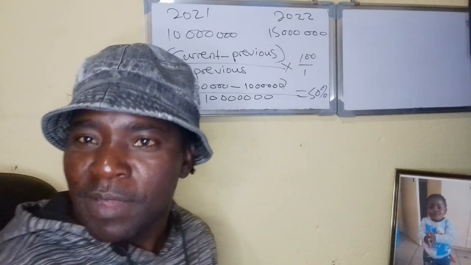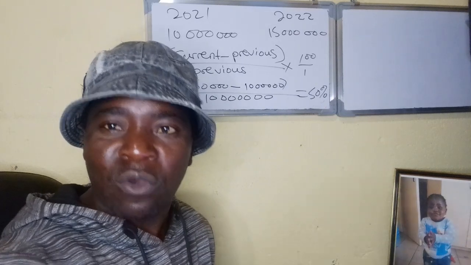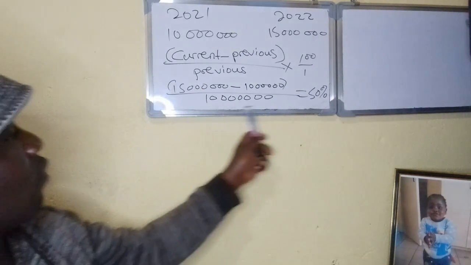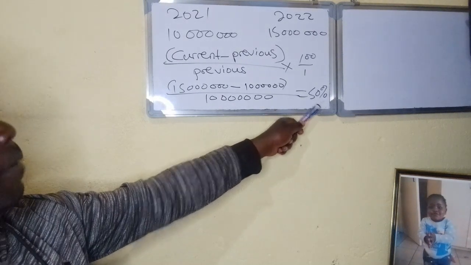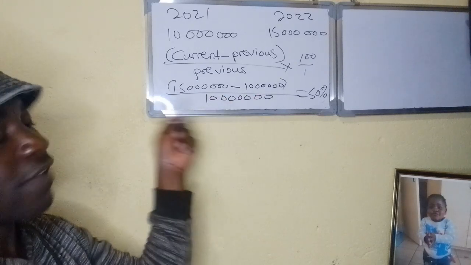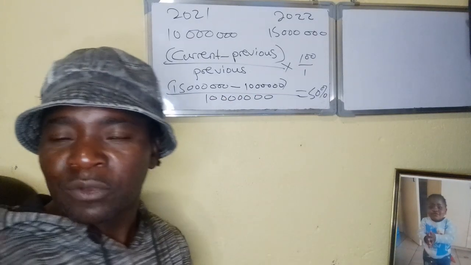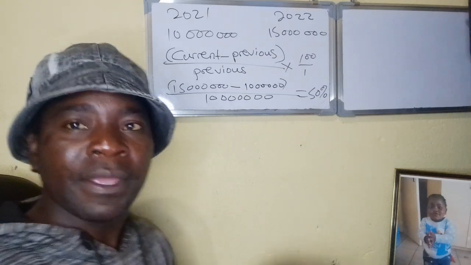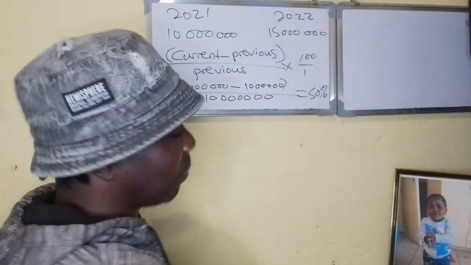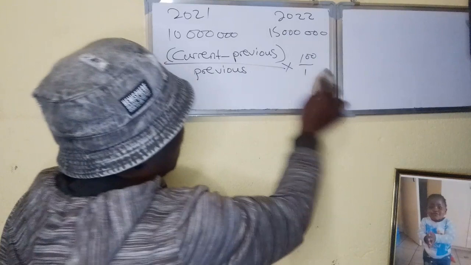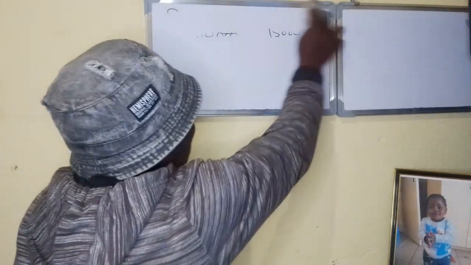Remember, I spoke about measurement. How do we measure? How do we know whether economy is growing or not? Yes, it's growing. It grew by 50% based on the figures that we just decided to use. But you will always be given the figures. And then how do you differentiate between nominal GDP and real GDP? I did show you in the previous page. So, what else? Under the economic growth,